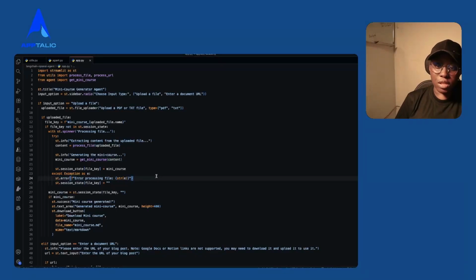So before we test this, I would want to just go over this logic one more time. We have the title, mini course generator agent, and we have the input option. Let the user choose between uploading a file and uploading a document URL. And then we do some if else, which says if the input option is upload the file,